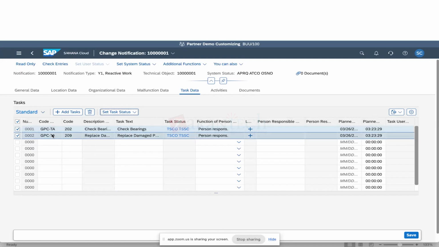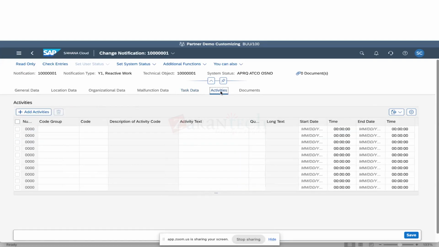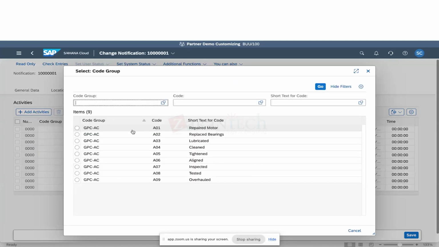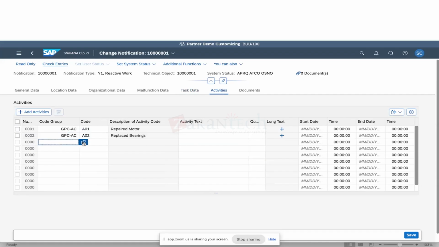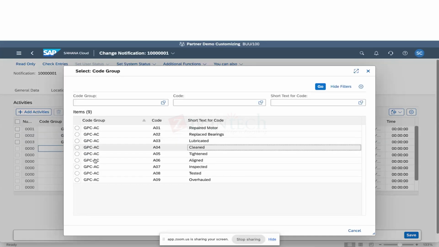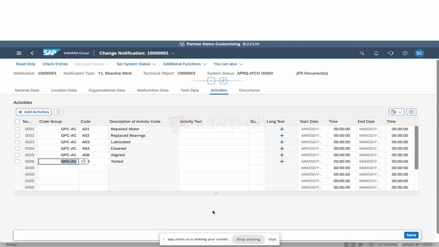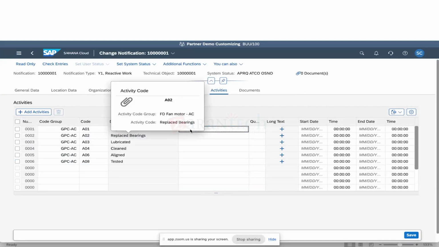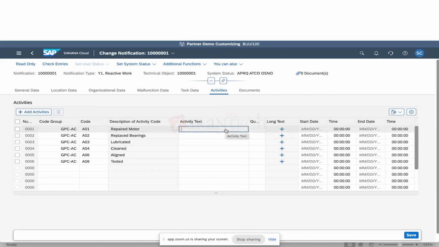Our intention is to concentrate on the usage of the codes, right? Next, I'll go for the activity part, like what activities you have performed. So we have performed all the tasks successfully, and we are mentioning what kind of activities you have performed. We have repaired the motors. Okay, so we have replaced the bearings. Assume we have lubricated the motor. So we have cleaned it. Alignment, like we have aligned it. So at last, we have tested. So we can select all these things. Again, additional to these descriptions, we can add our own descriptions. Okay,